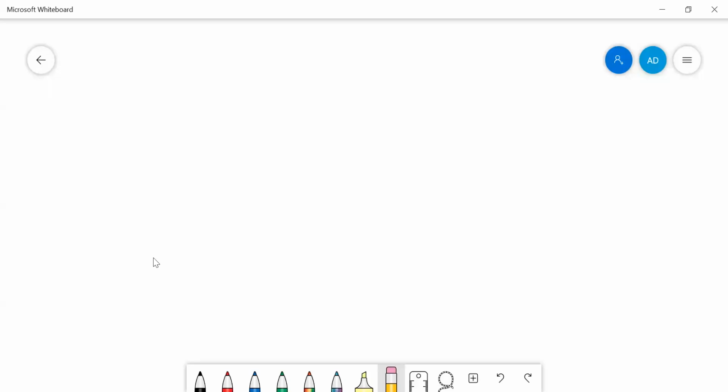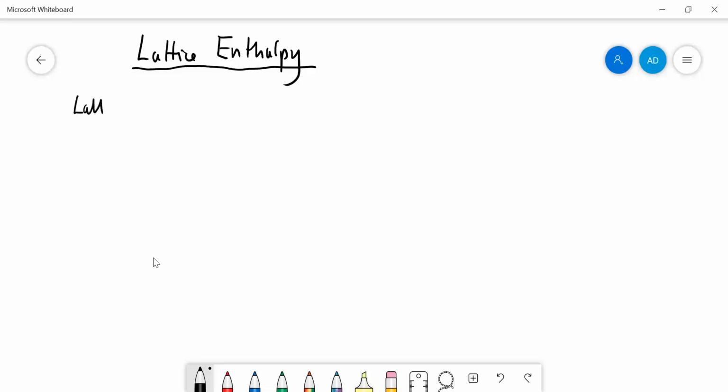Okay, this lesson is going to be about lattice enthalpy. What this refers to is looking at the energy required to break up an ionic lattice. And so the lattice enthalpy can either be described as lattice enthalpy of formation,